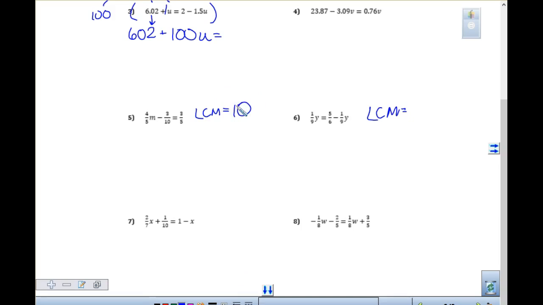Whereas in this problem, number 7, what's my least common multiple? Do 7 and 10 have anything in common? No, so my least common multiple is going to be 7 times 10 or 70. Put those over 1 because you're multiplying every single thing times 70. Okay? So, because